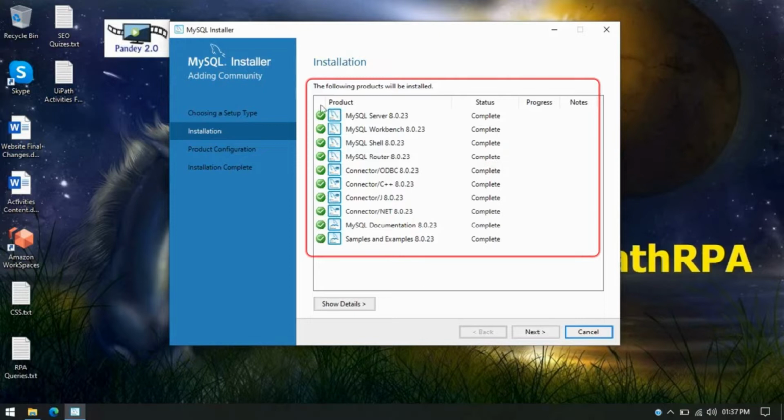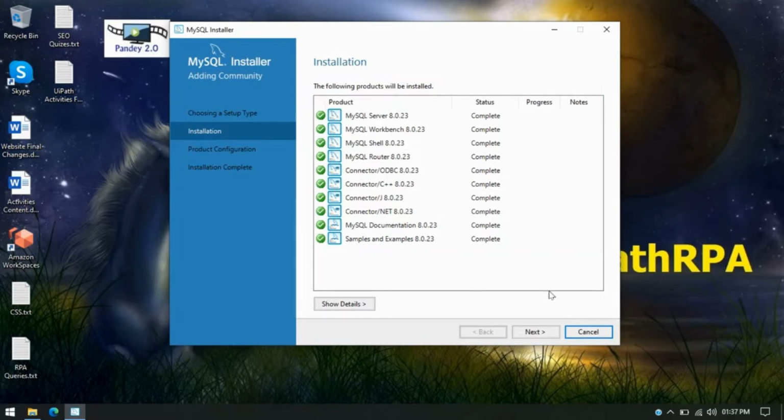You can see, if everything is good, then you will get this type of icon, the valid one, meaning everything is okay. Now the status is showing complete. Now click on next,